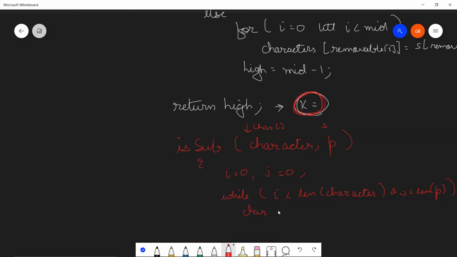The immediate character that I'm looking over in the character array will be char s, which is character i. Similarly, the character of p that I'm looking over will be char p, which is p j.